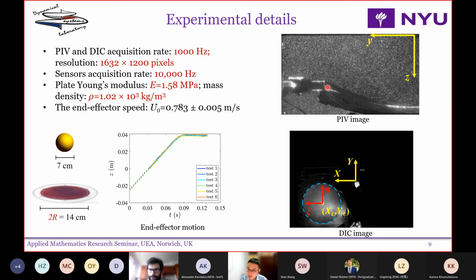Because of the hydrostatic pressure, the plate is deformed to some extent. On the bottom here, I'm showing the DIC image. In this circle, you can see the bottom of the plate with speckle patterns on it. Here, one thing, well, it's not a very clear view, but later I'm going to show you a zoomed view onto the speckle. Here, I want to point out that this panel is not placed exactly at the center of